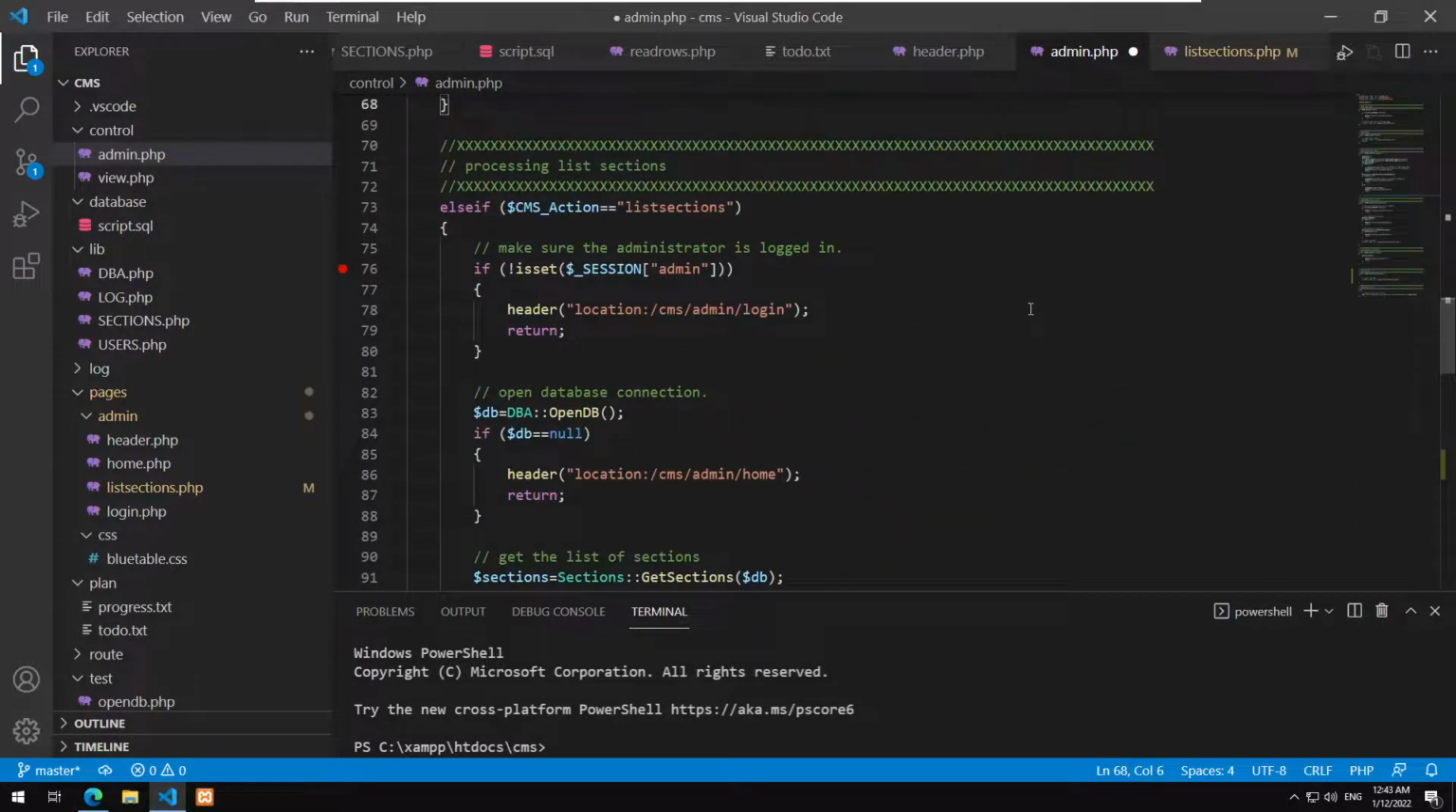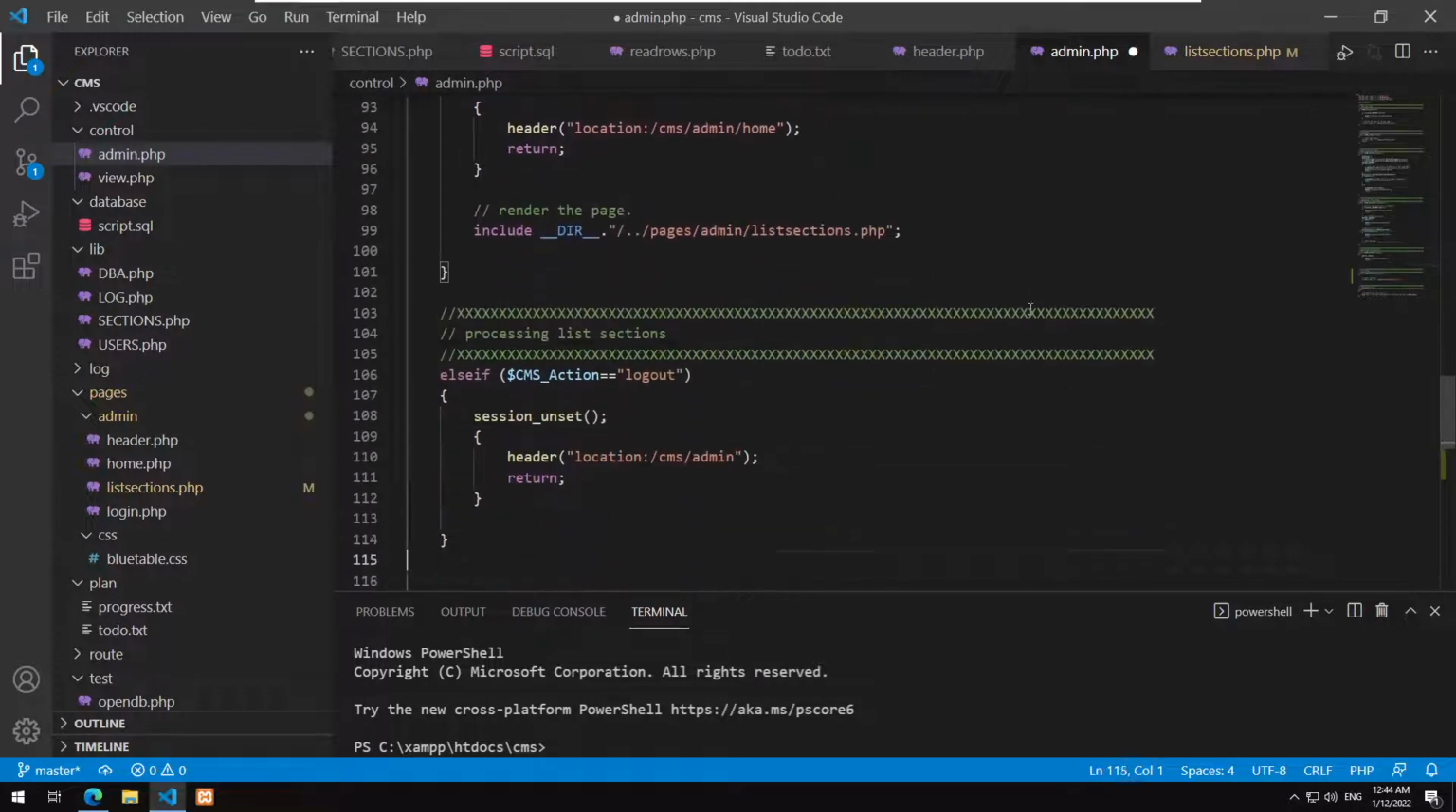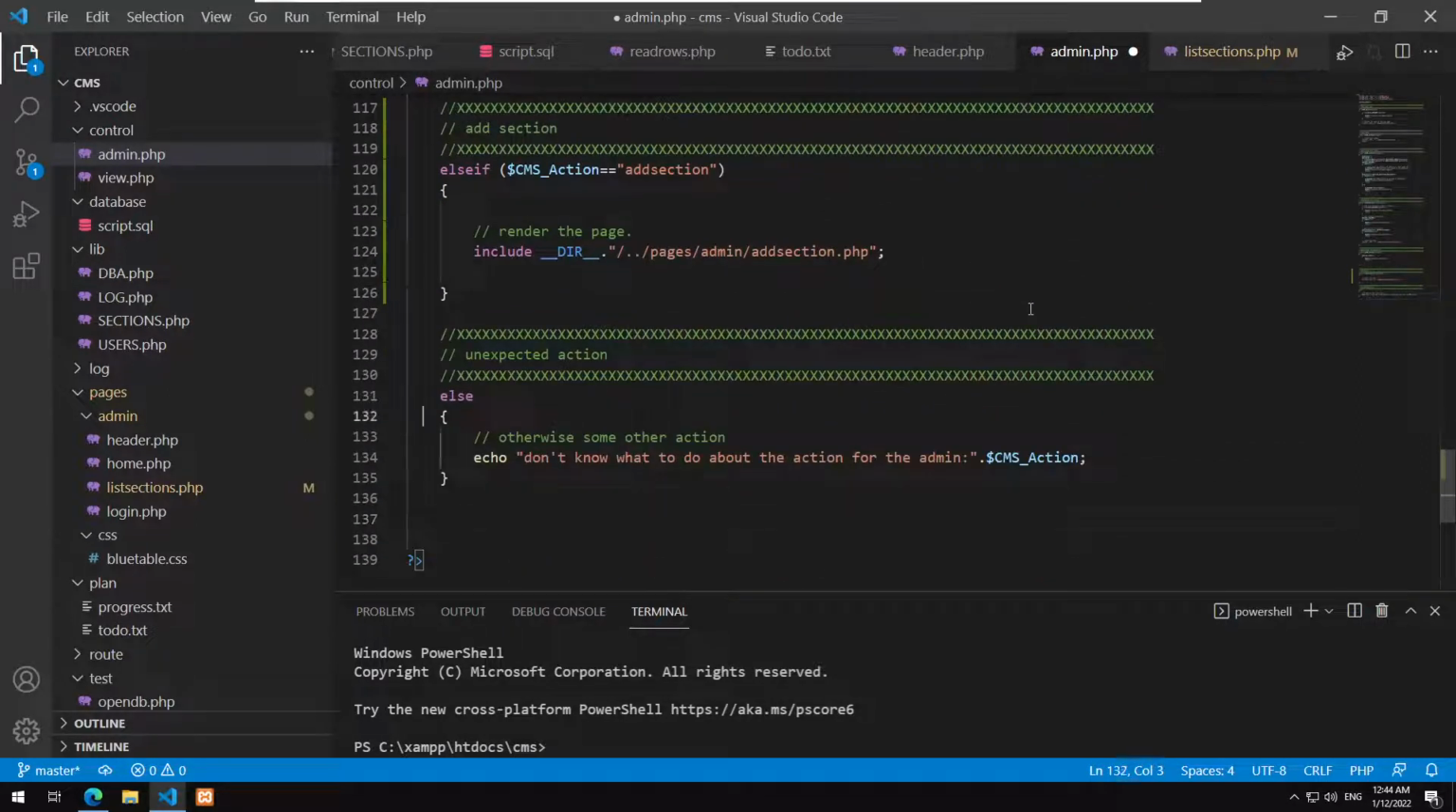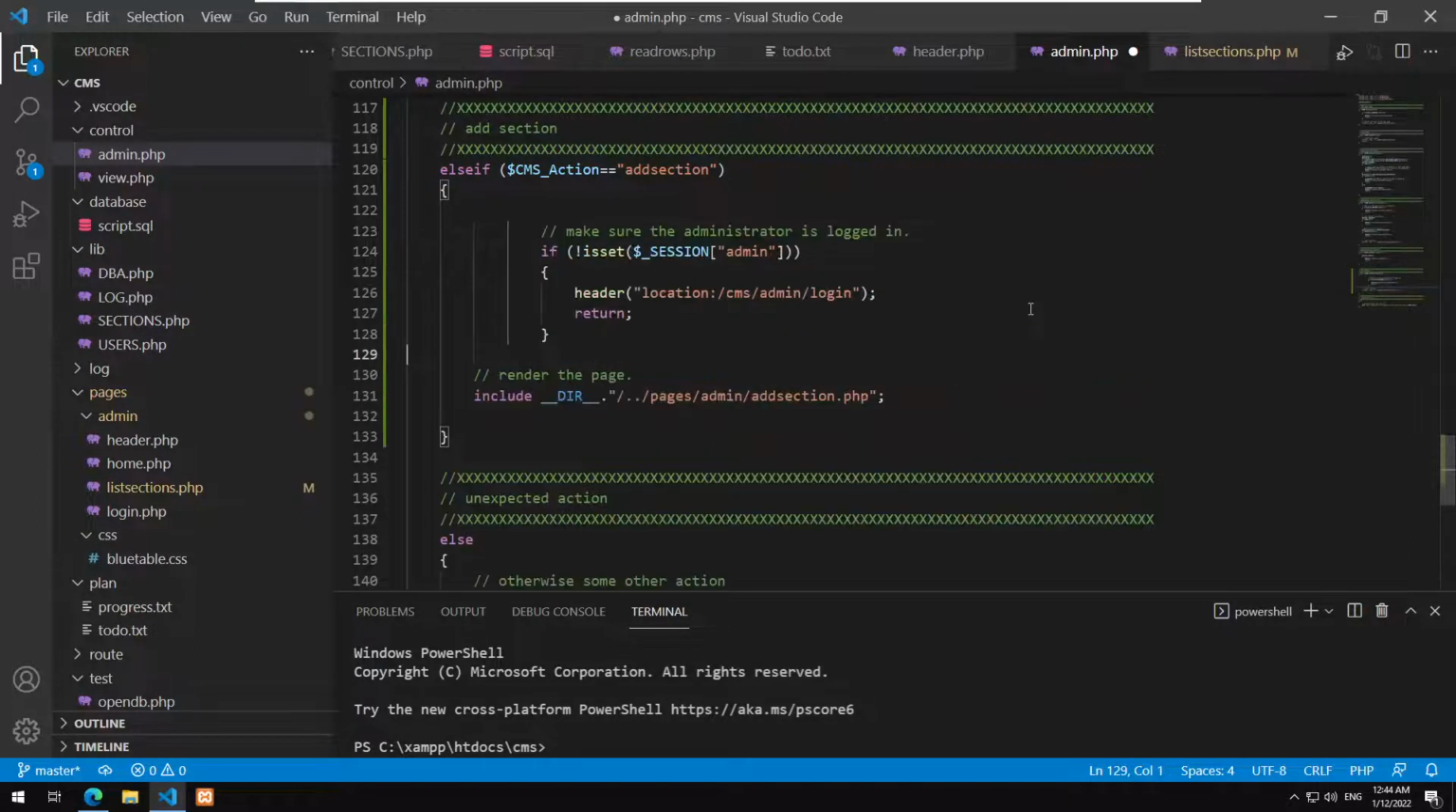Well, if you look at our code here, I am making sure that the administrator is logged in. So we should actually add a check to make sure that the administrator is logged in. Later on, I will optimize this. So instead of writing this every time, we put it in one place and that's it. It will be checked automatically. Okay, so